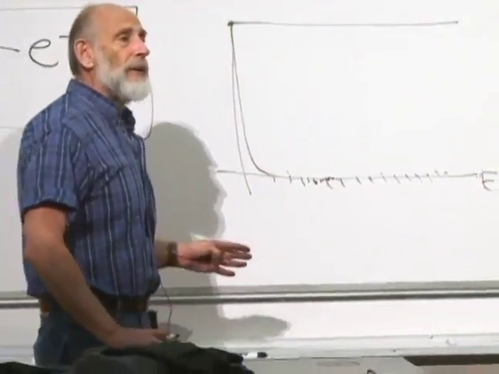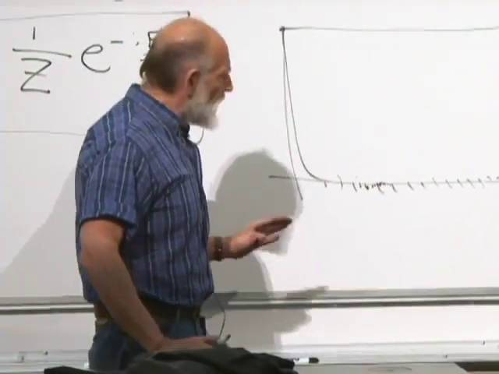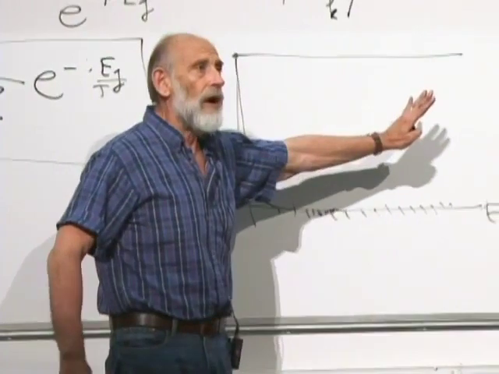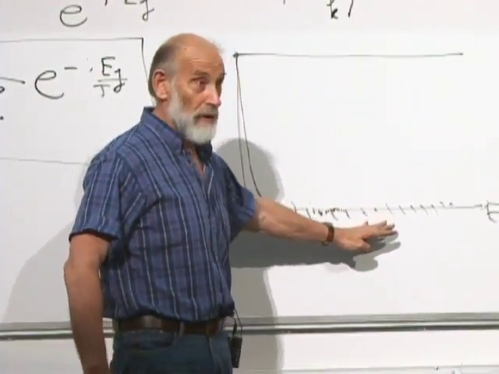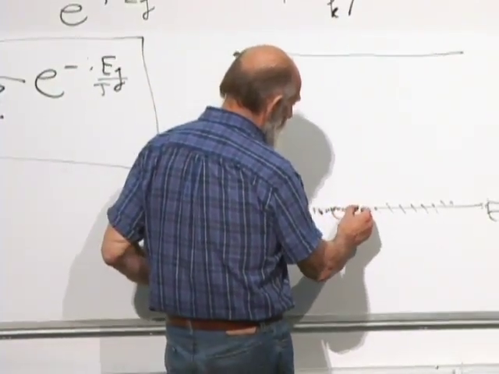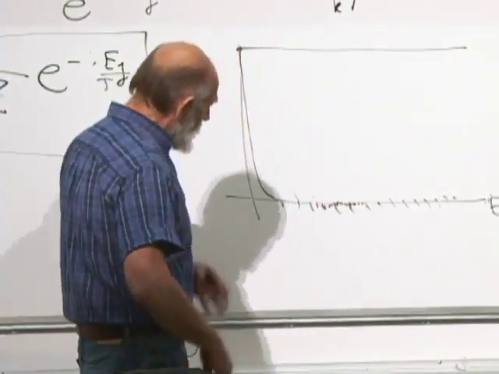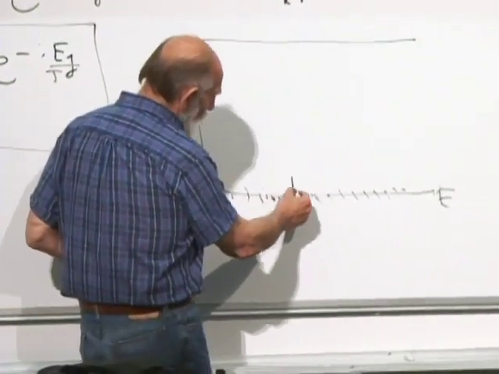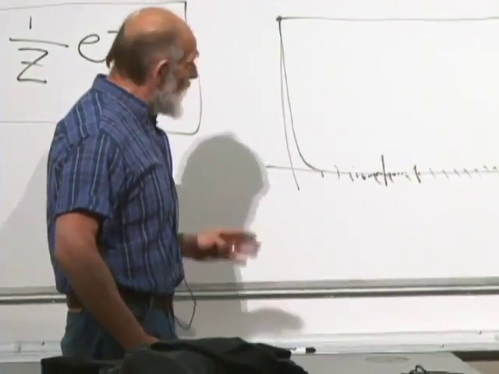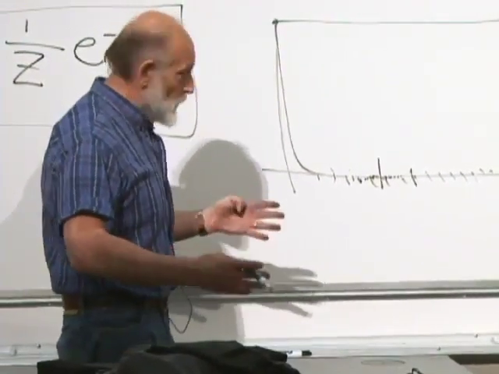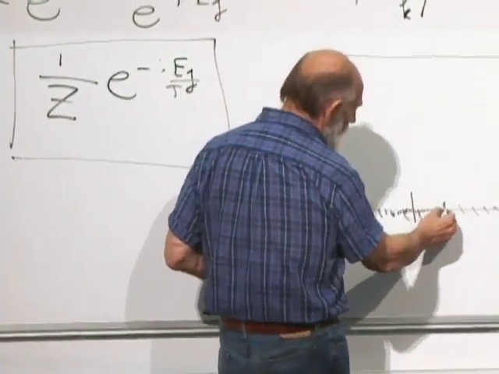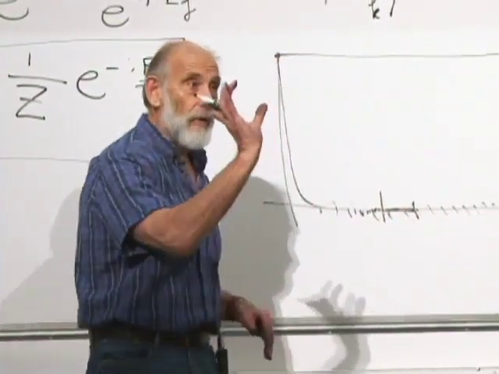So if you asked about the probability for a given energy, not the probability for the ith state, you would find out that tilts it toward higher energies because there are just more states with higher energy. There are many, many more states with higher energy than there are with lower energy. So if you wanted to know what the probability is that the energy is between two limits, at a given temperature, you would take the probability that you're in the ith state and multiply it by the number of states in that narrow bin.